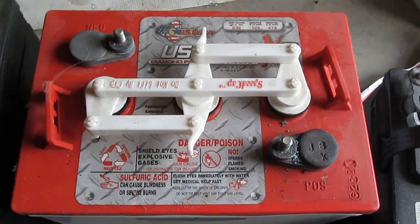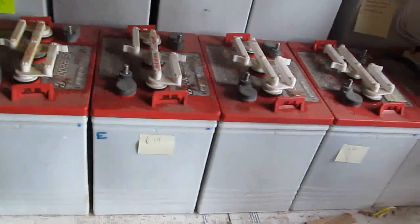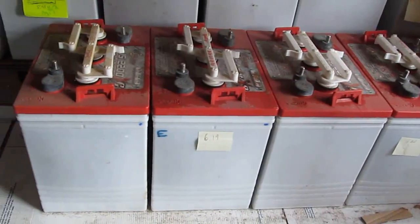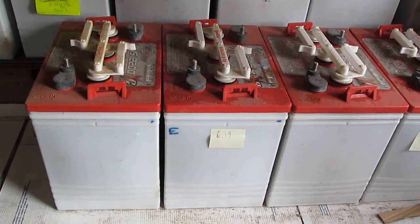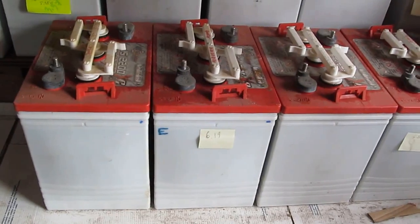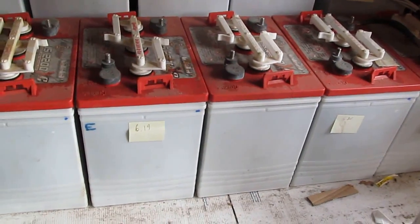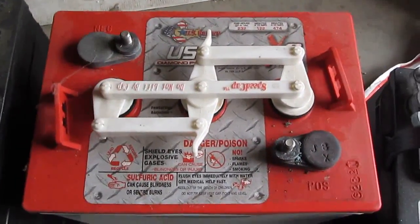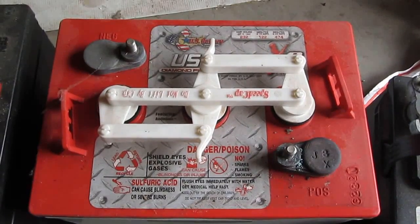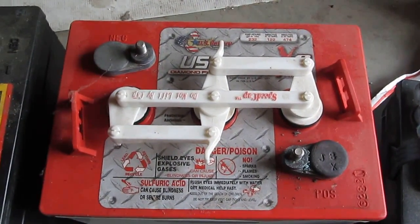Hi folks, today I do a little maintenance of my solar battery system. I have a 48 volt battery bank consisting of a series of 6 volt golf cart batteries, 8 of them in fact, and I'm just going to do a short video of what to do and what not to do on a solar